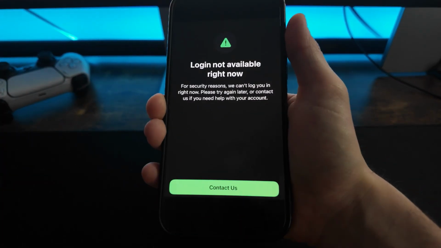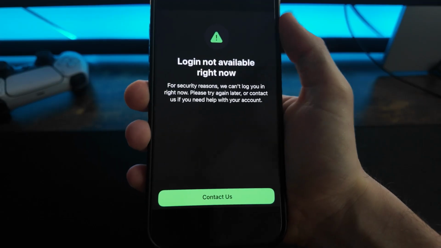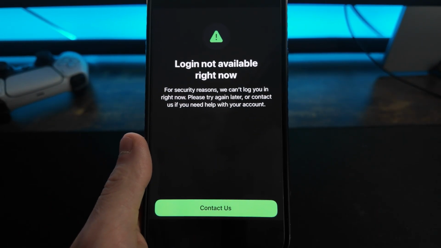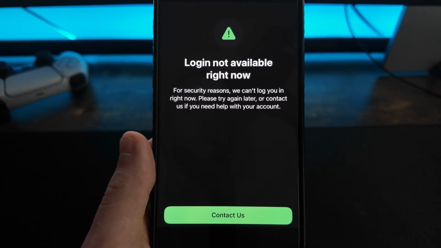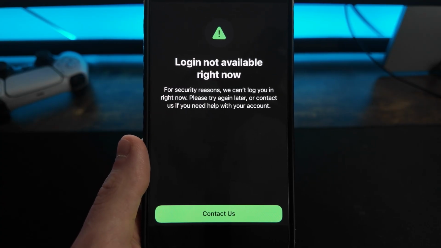So in this video, I will show you step by step how you can fix login available right now on WhatsApp. Now, if you are getting this error message when you are trying to log into your WhatsApp, there are many different reasons why this can be happening. Now, it might be that the WhatsApp servers are down and the app is currently down at